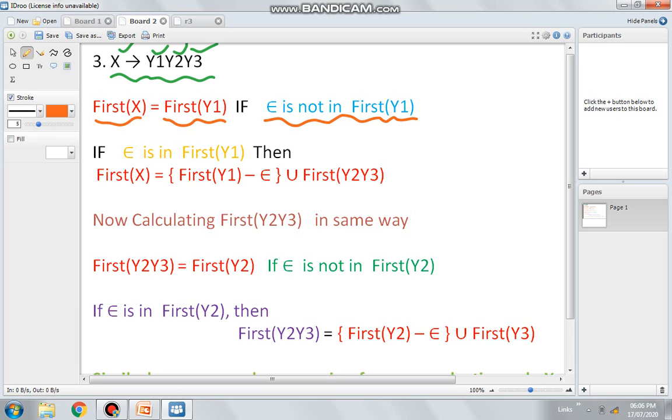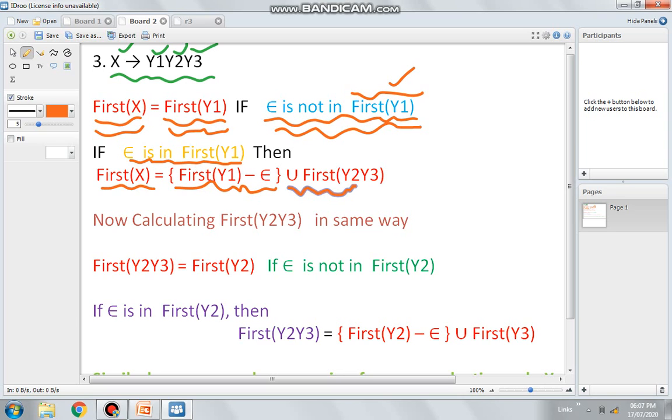So first of all you need to calculate first of Y1 and observe if first of Y1 does not contain epsilon, in that case first of X would be first of Y1. And it might happen that first of Y1 contains epsilon. In that case first of X would be first of Y1 minus epsilon union the remaining terms, first of Y2 Y3.